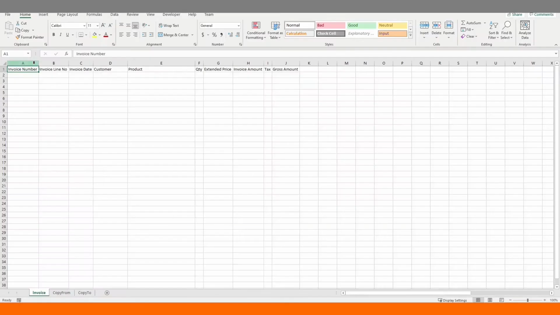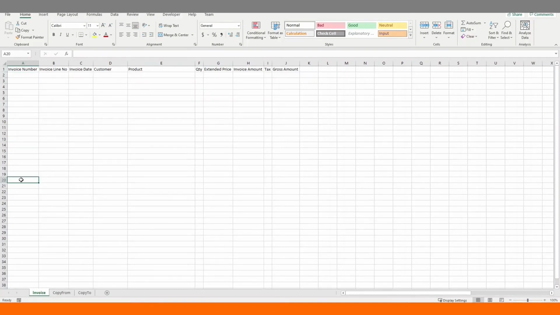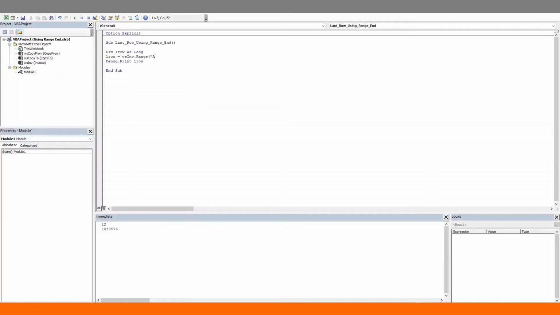Let's confirm that. So we have just one row of data. Let's run this code. Yes, just as we suspected. But that's not what we want. We want the row number 1. To get around this, we need to start from below and then Control plus up. For example, if we start from the 20th row and do Control plus up, we come back to row 1. Let's try that through code. So we'll start from range, say A50, and this time we will choose xlUp, and we want the row. Let's run this and see what we get. We get 1, which is the right answer.